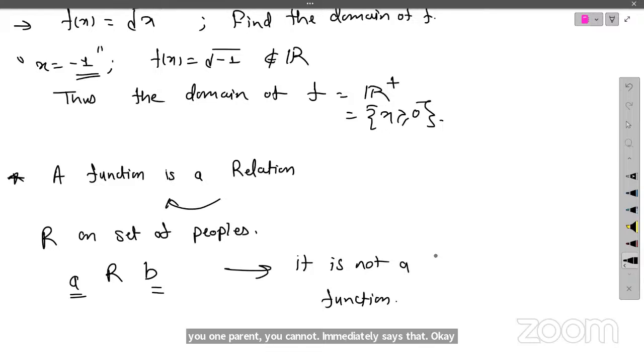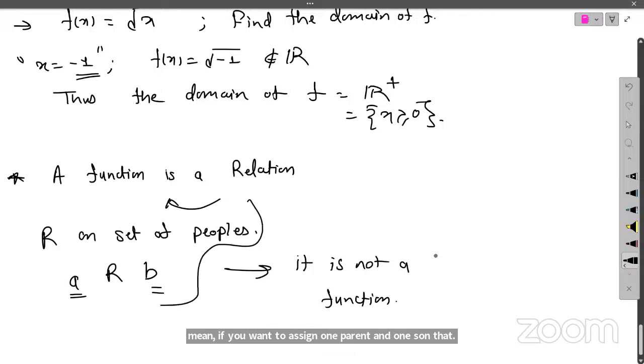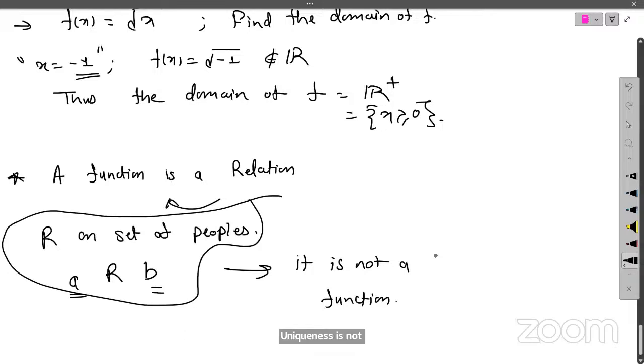There could be multiple choices, right? If you want to assign one parent and one son, that uniqueness is not there. That's why this is a relation. But if you define it as a function, suppose I say